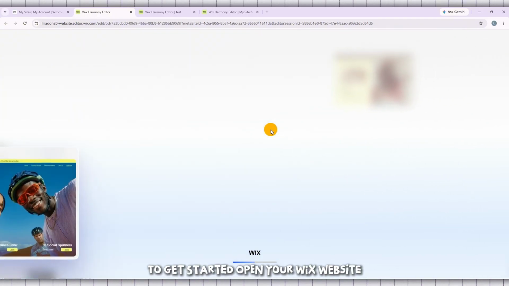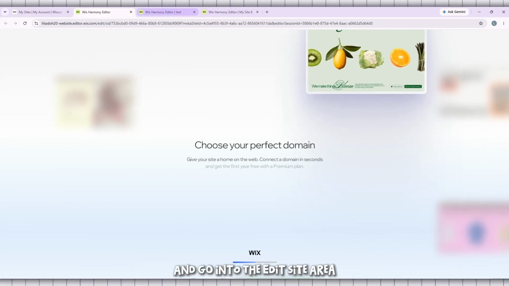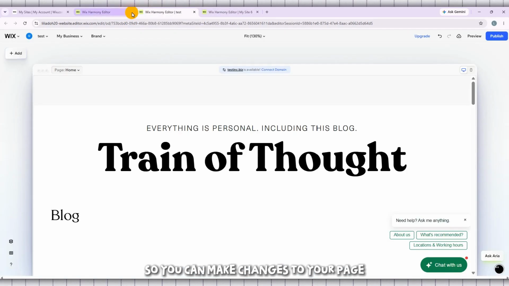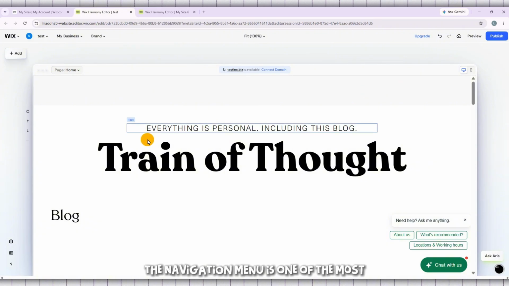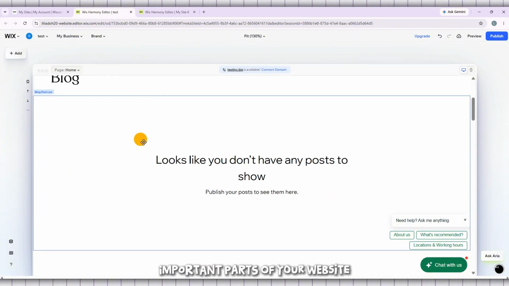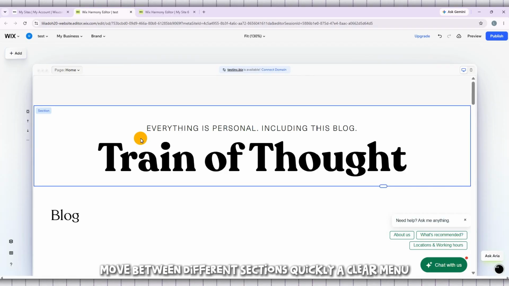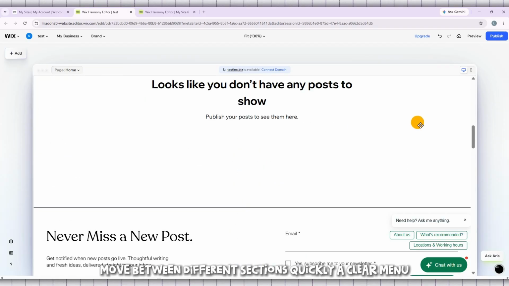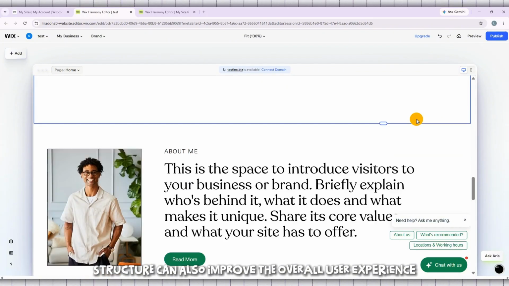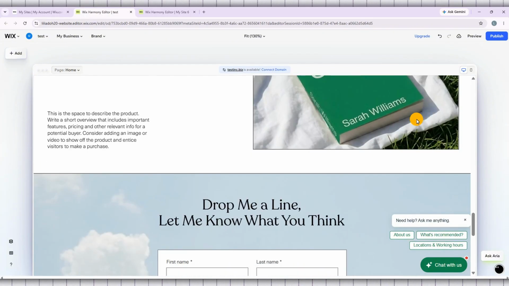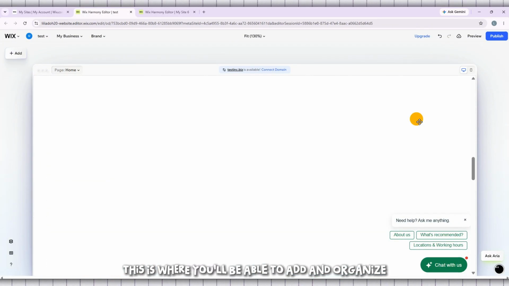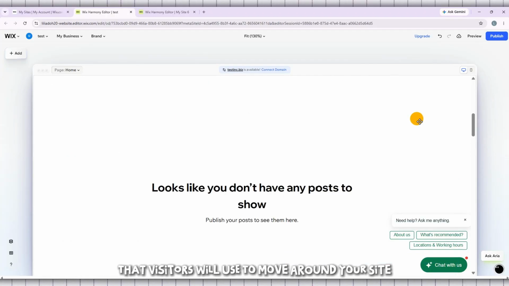To get started, open your Wix website and go into the Edit Site area so you can make changes to your page layout and navigation. The navigation menu is one of the most important parts of your website because it helps visitors move between different sections quickly. A clear menu structure can also improve the overall user experience. This is where you'll be able to add and organize the menu that visitors will use to move around your